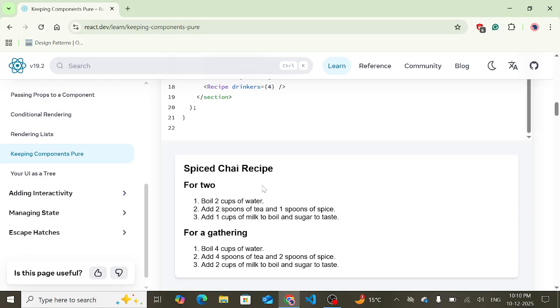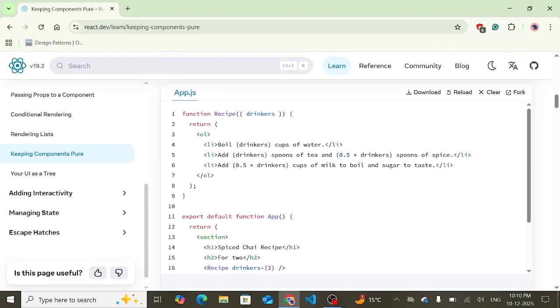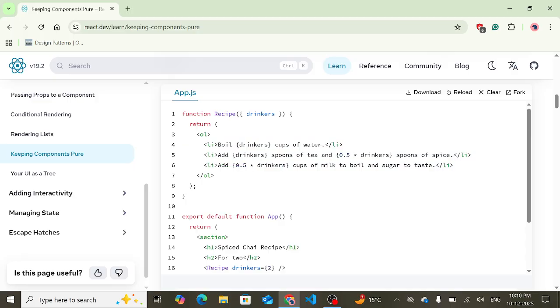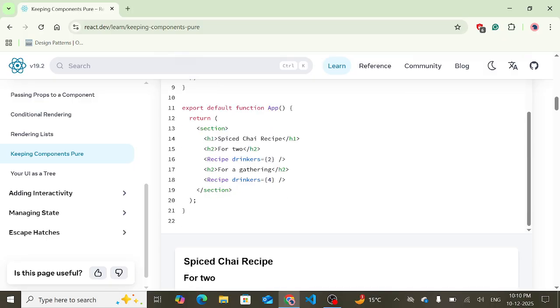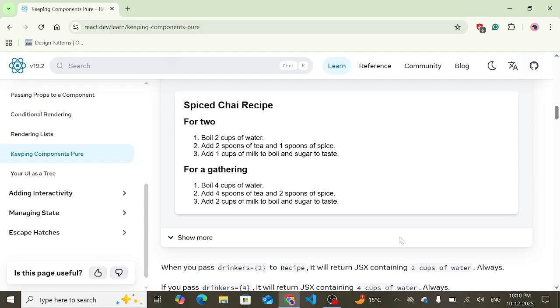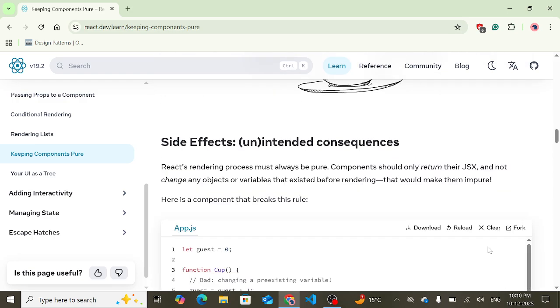Then there is spice chai recipe. Wow. So obviously this component takes a number of how many drinkers are there. So based on that, you generate a dynamic component that has how many spoons of tea you should have, how many spoons of spice you should have, how many cups of water you should boil, how many cups of milk you should boil, and sugar to add for taste, right? So for two people it should be this, and for a gathering it should be 4 cups of water. So it's just a math formula, right? So